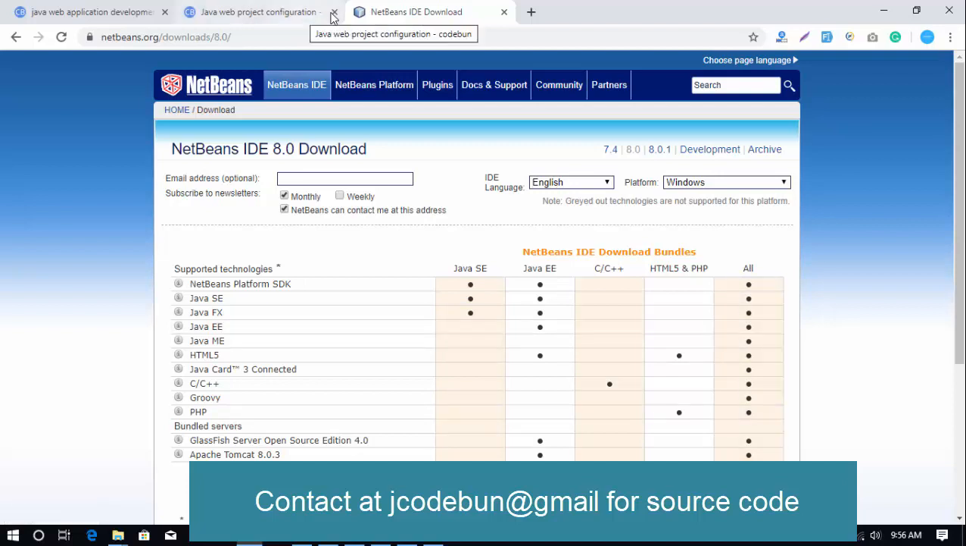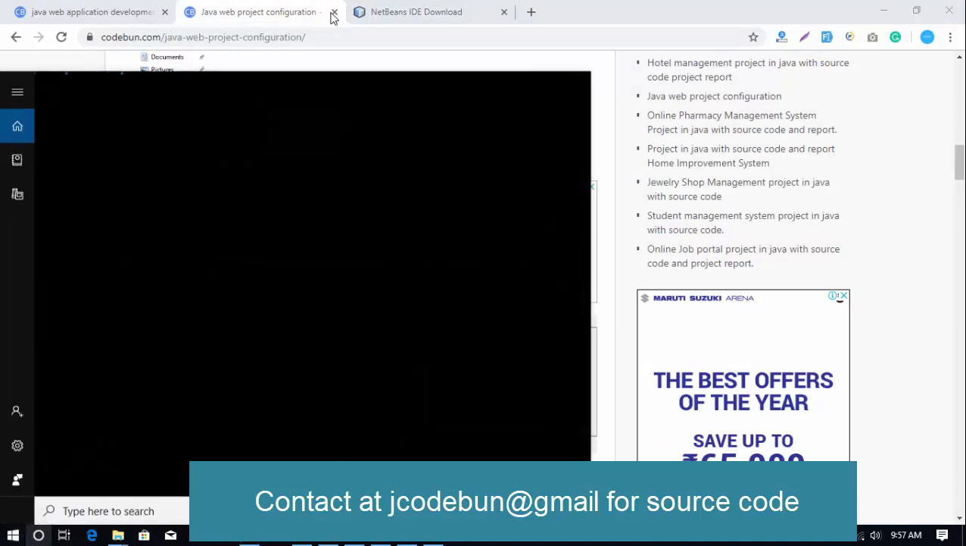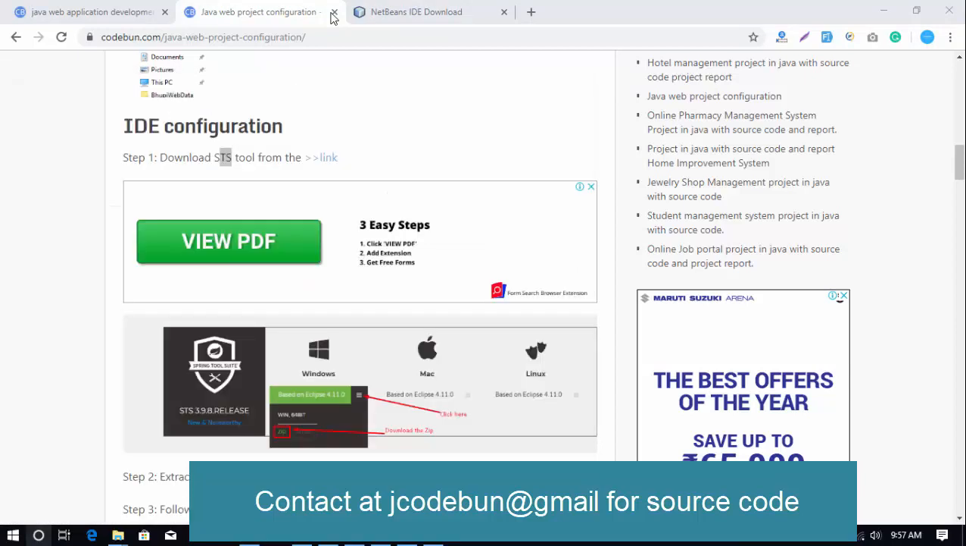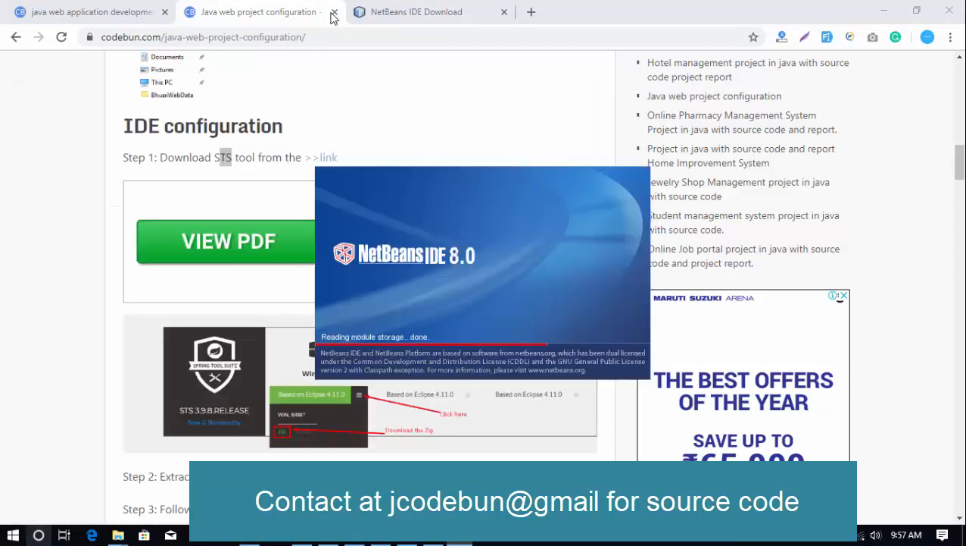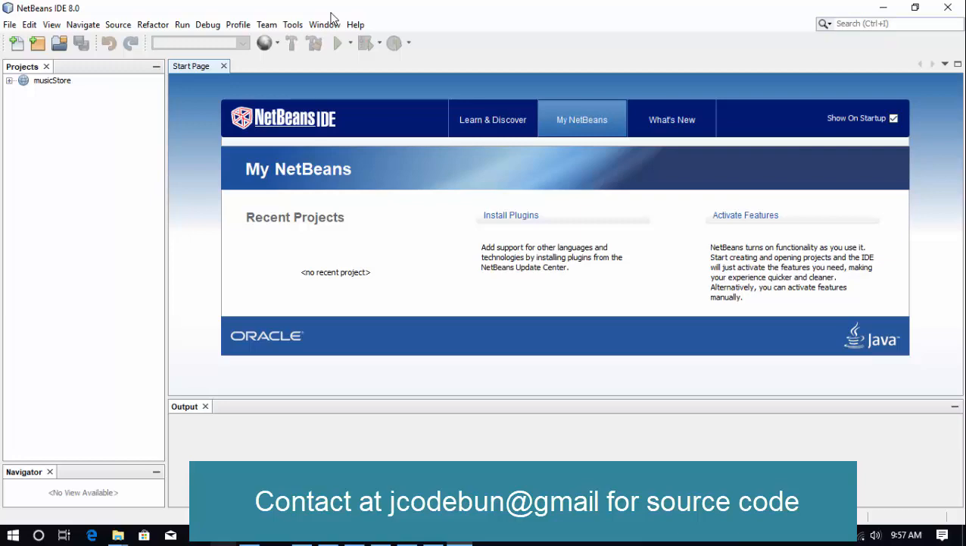After the installation, you will get an IDE on your system like NetBeans, or you can follow some video on how to install NetBeans on a machine. Once installation is done, you will get NetBeans on your machine. So I'm going to open this, and then the next step will be